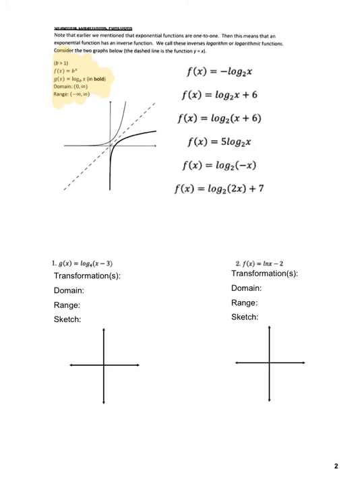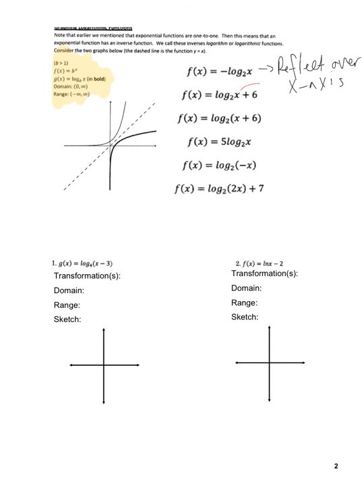These transformations are going to switch to sketches, kind of like they were earlier. And we have all different types of transformations we're going to get over here. And I just want to talk about what they're going to look like. All right, so this negative out in front, this is going to be a reflection over the x-axis,